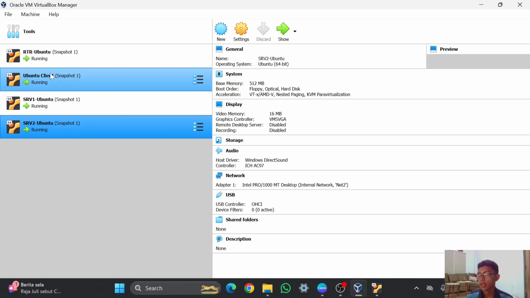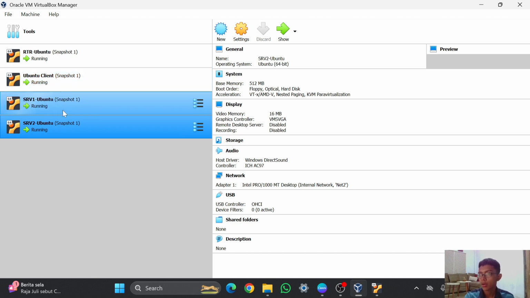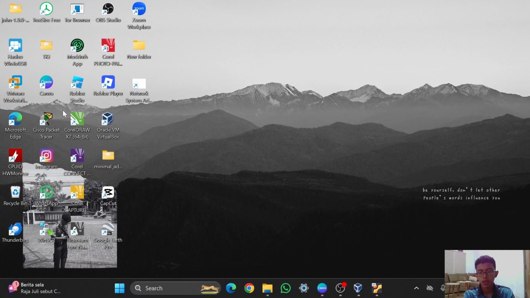Right now I will try to remote my server, and you can also remote your server, for example using PuTTY, terminal, SSH, CMD, or whatever. But right now I will just use PuTTY because it's easier to use.